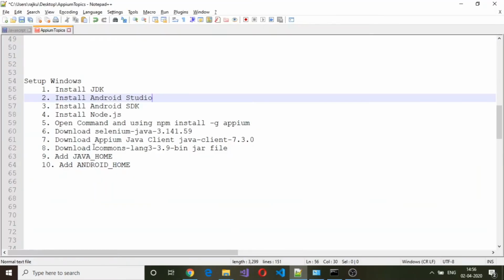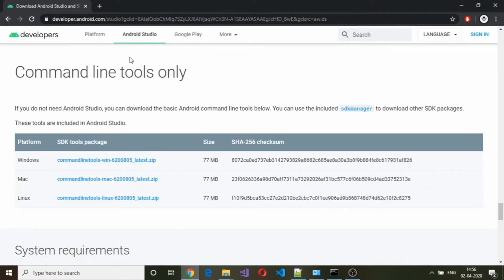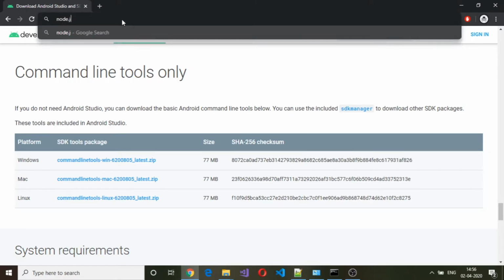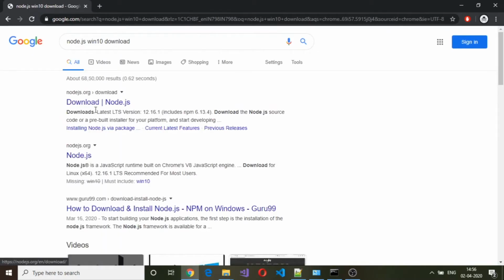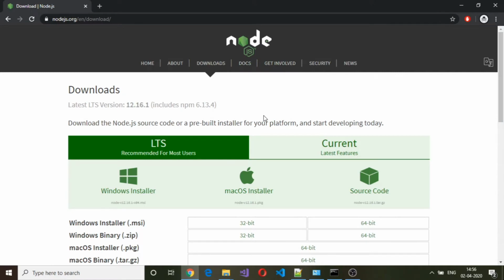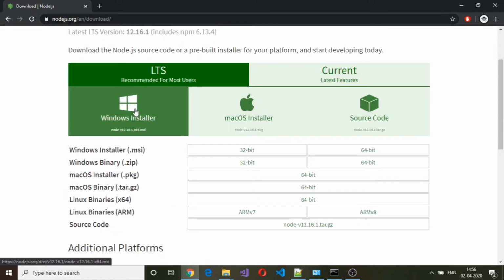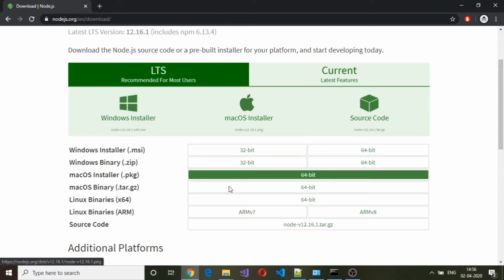Okay, as a next step, we need to install Node.js. Again, go to Google and search for Node.js Win 10 download and click on the first link, and there is a Windows installer here, and select this Windows installer, download it, and again the installation is straightforward.